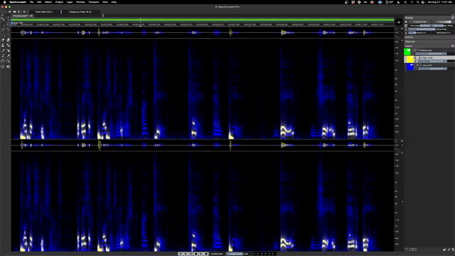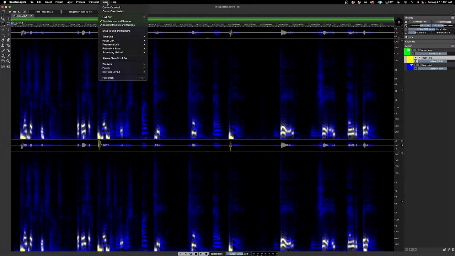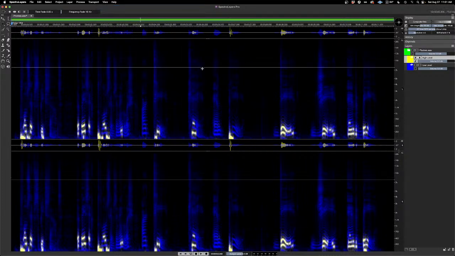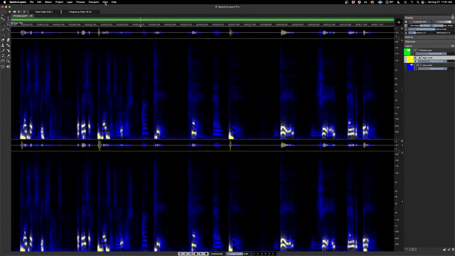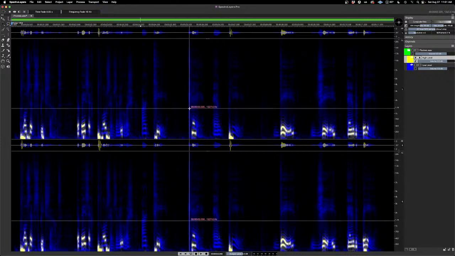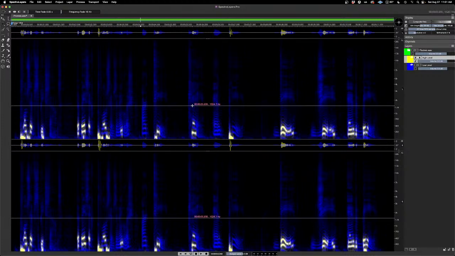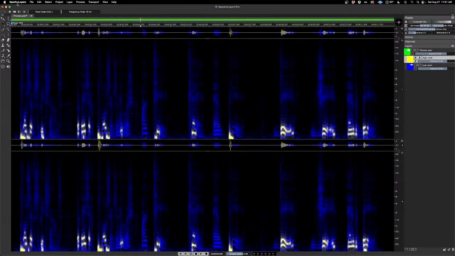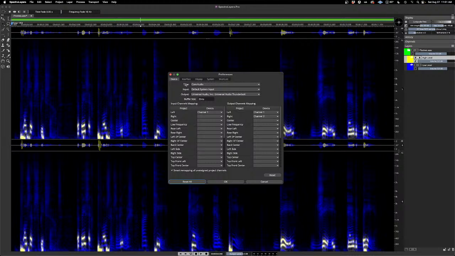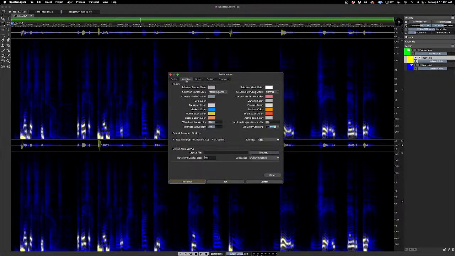Let's take a look at cursor coordinates. This was a new feature. So we have the cursor crosshair, which is great. And then we have the cursor coordinates you can add to that. And cursor coordinates show you the time as well as the frequency of your material. And now there's a video for this. But one thing that video doesn't show that I accidentally left out was that in the preferences menu, in the interface portion, you can actually select the cursor coordinate color that